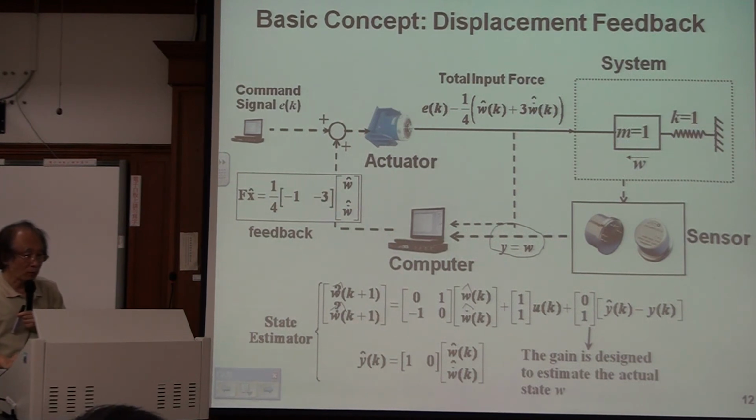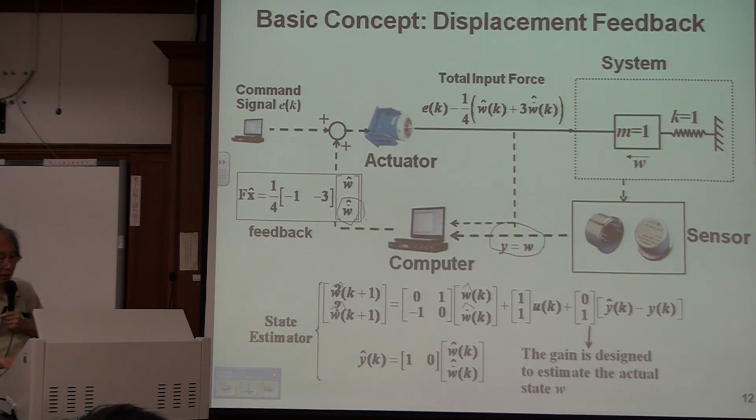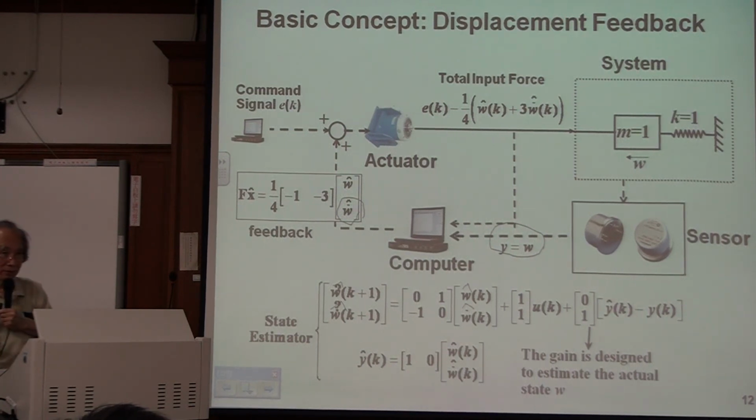Did you remember that? Right? We need this guy. We have w, but we don't have w dot. And this state estimator gives us w dot, the estimated one. It's not the true w dot, but it's an estimated w dot. However, in theory,